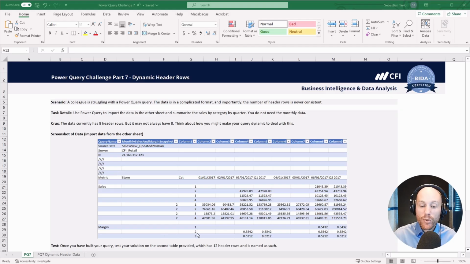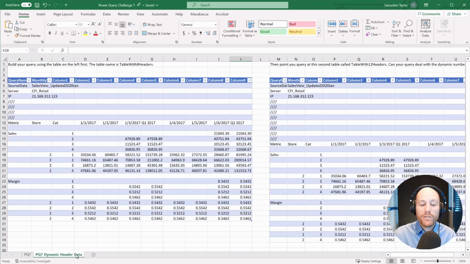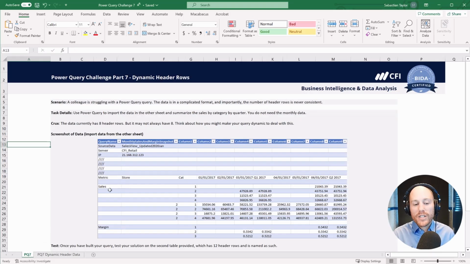In this example that you can see, there are 8 rows above the data that we actually need. But I've also given you a version of the table that has 12 headers above the data that we need. So your query needs to be able to decide exactly where that first useful header line is and remove everything above it. In addition, you'll need to do all of the usual rearrangement of the data and data transformations, and